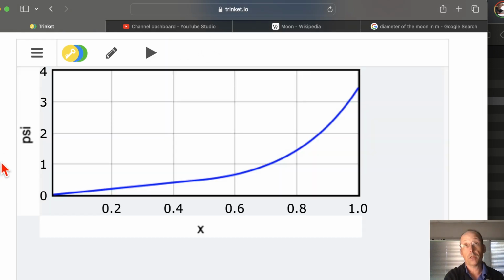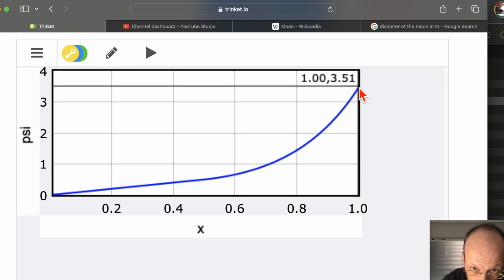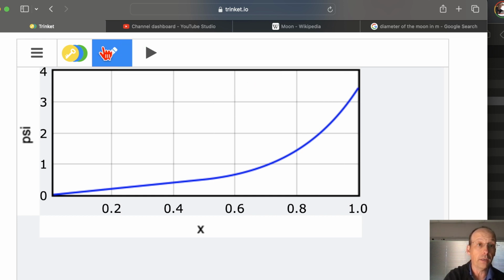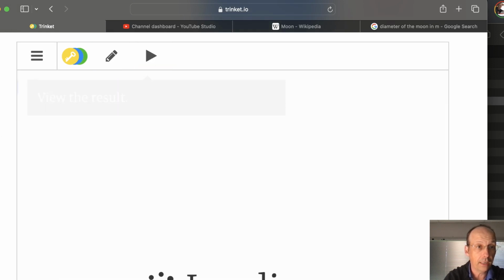There. So it worked. It blew up. It did not get down to 0. So let's just change the energy. Let's increase the energy. Notice right here, the final value is 3.51. If I increase my energy to, let's say, 2, I'm just picking a value here, and I run it again,